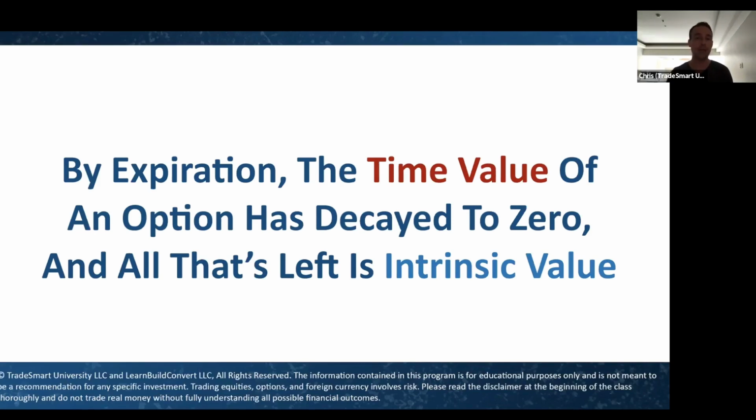If it's out of the money, all out of the money options expire worthless. So they decay to zero and they're not worth anything by the time that option expires. In the money options, though, will have some value left based on the difference between the strike price and the